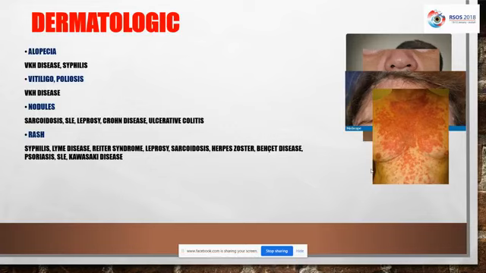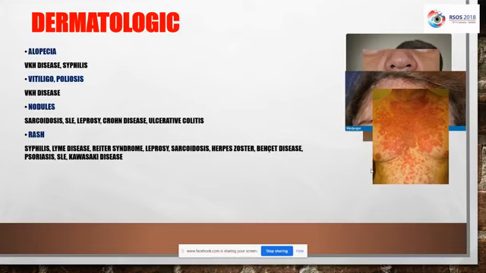including syphilis, Lyme disease, Reiter syndrome, leprosy, sarcoidosis, herpes zoster, systemic lupus erythematosus, and Kawasaki disease. So any of those diseases can present with rash. So the history of syphilis should be excluded. The history of Lyme infection or Borrelia burgdorferi infection should be excluded either by the clinical findings or by history of tick bites. The history of Reiter syndrome with presence of urethral discharge or conjunctivitis, and the history of leprosy,